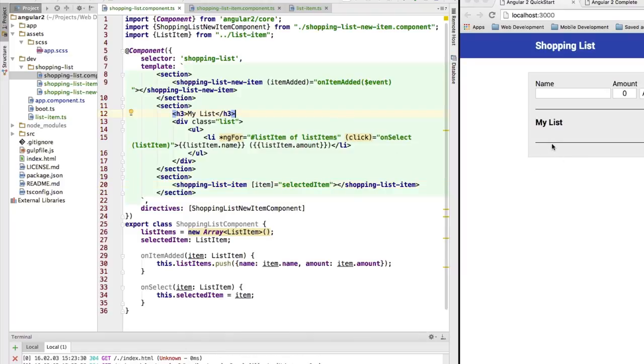And I don't want this line to be here if no item is selected. So I don't want Angular 2 to try to insert this item here, or this whole block, if we don't actually have an item selected, right? Because this component really only makes sense when we have an item selected. So therefore I will add an ngIf directive, which says if selected item is not null, then you should display